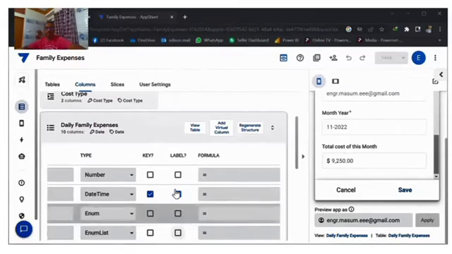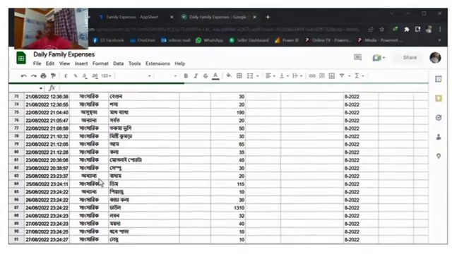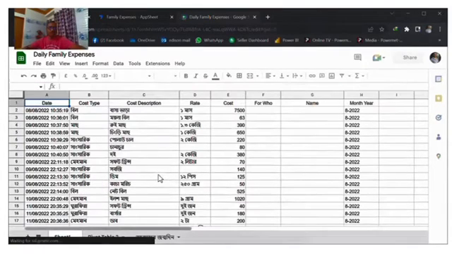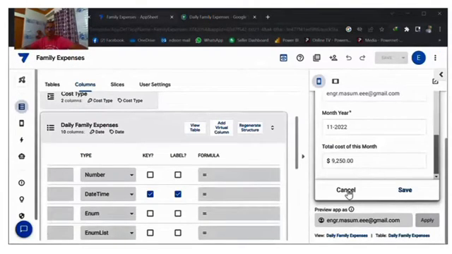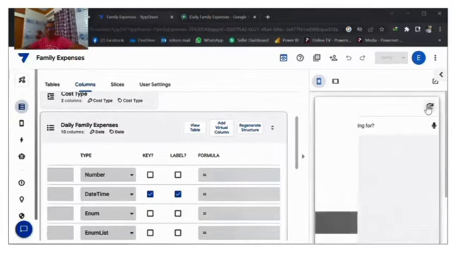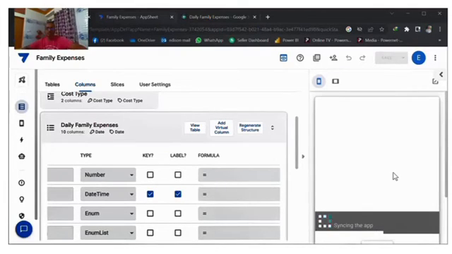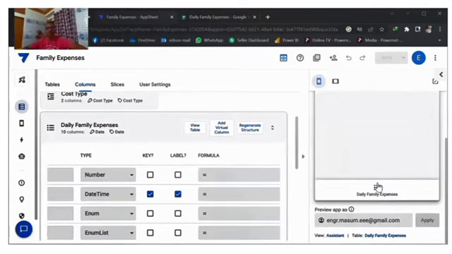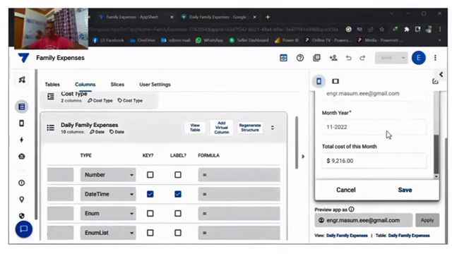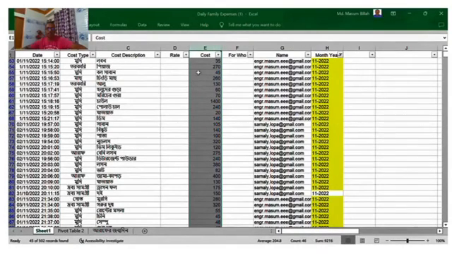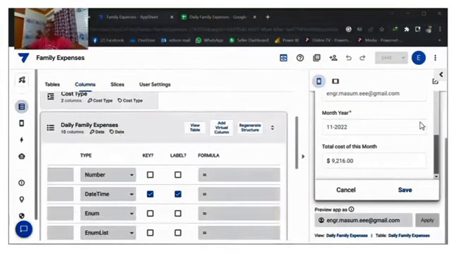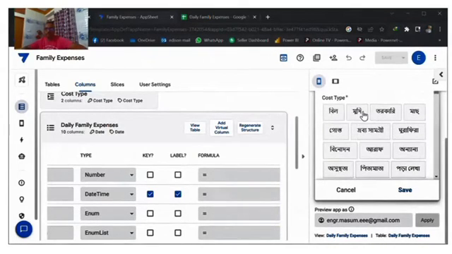Okay, now let's check what is showing in my app. Refresh. Now it's 9,200. Now my Excel is 9,200. Okay, if I make any further entry,